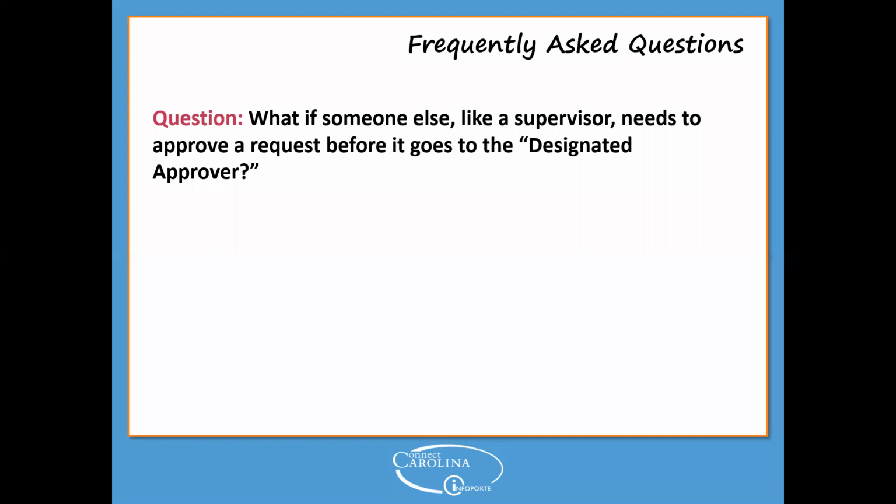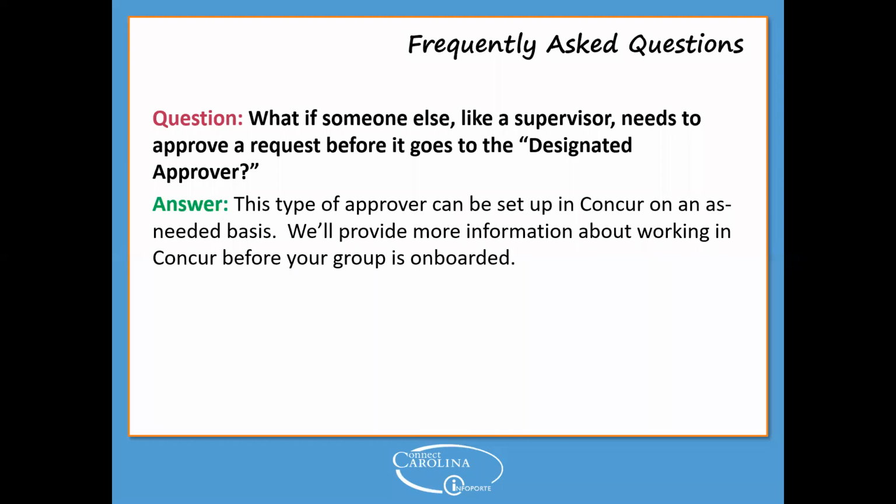And what if someone else, like a supervisor, needs to approve a request before it goes to the designated approver? That type of approver can be set up in Concur on an as-needed or on a default basis. For our department, all travel has to be approved by our ABC. But if my supervisor, Anita, says she wants to see all travel requests before it happens,